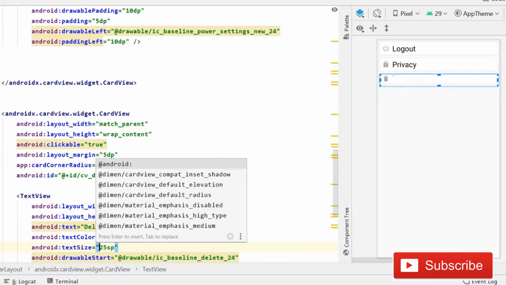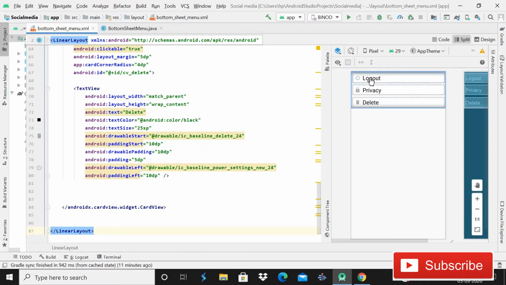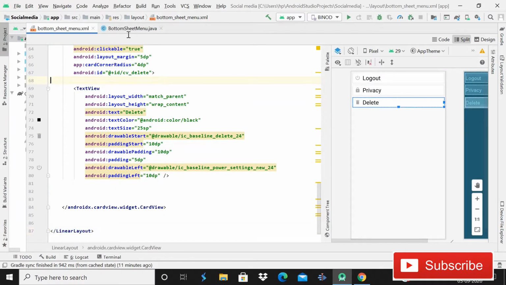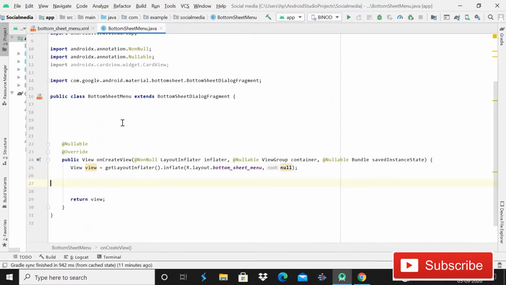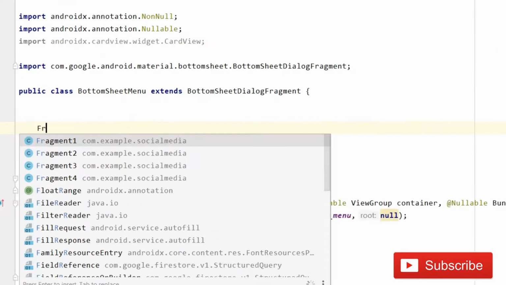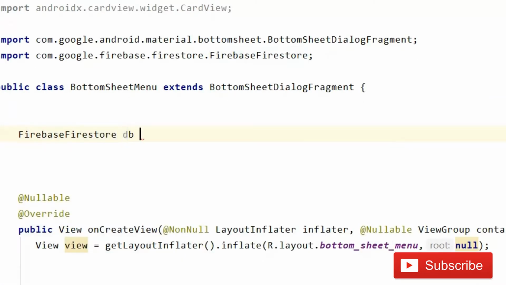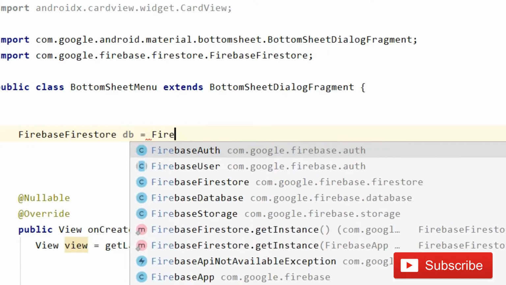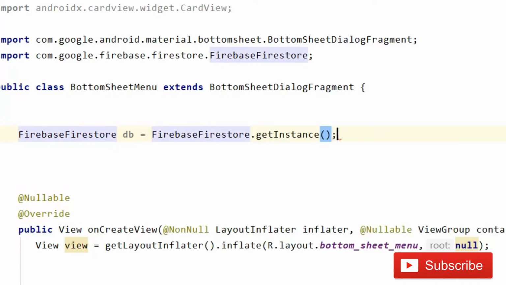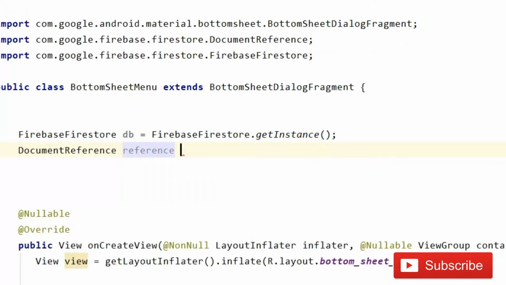Fine guys, so after this you can see that now the text is a little bit small and it is looking much better. After this we have to come in this bottom sheet, and here guys, now we will simply declare some variables. First of all we will write Firebase Firestore db equals FirebaseFirestore.getInstance(); semicolon. Then DocumentReference documentReference; semicolon, not equals, only semicolon.